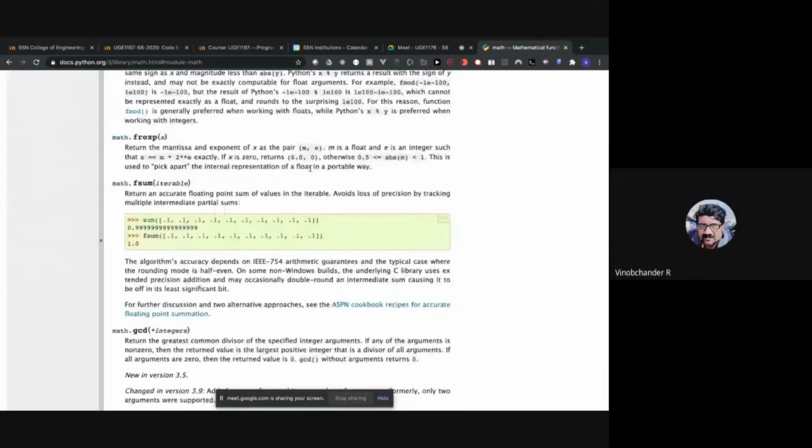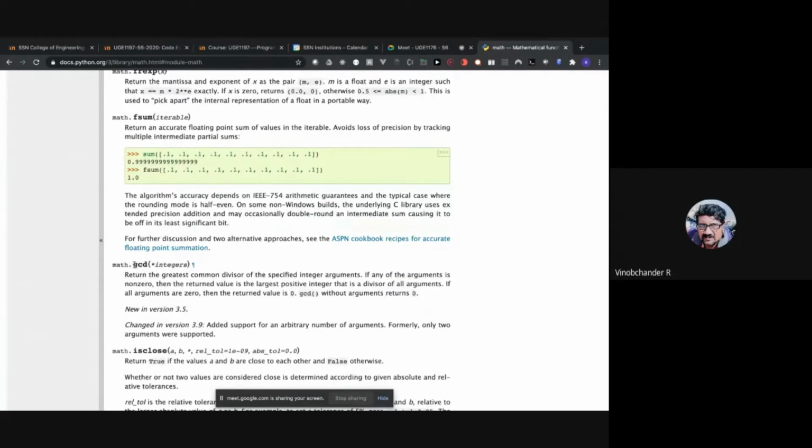Okay, sir. So if there is any particular question that says please do not make use of a module, you are not supposed to make use of it. For example, you may get a question like find the factorial of a number without using the factorial function available inside math, or find the GCD of two numbers without using the GCD function that is available inside math, something like that.